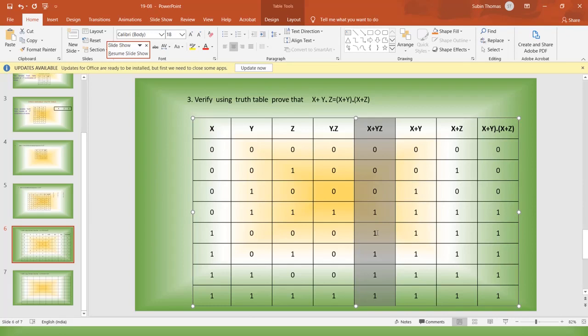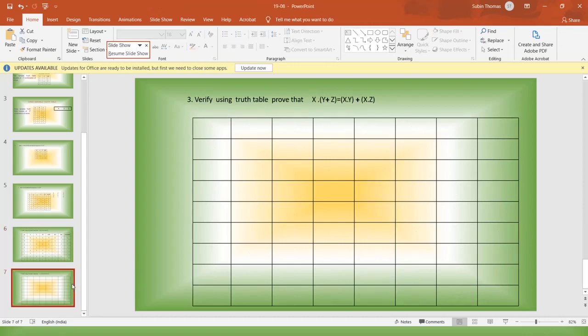Normally there will be one or two questions just like this to verify using a truth table. It's a simple one. You just need to know how to arrange the values for a 3 variable combination. Use the 4-to-1 format. It is easy to fill it there. And one more question I will show you, so that you have to do by yourself.